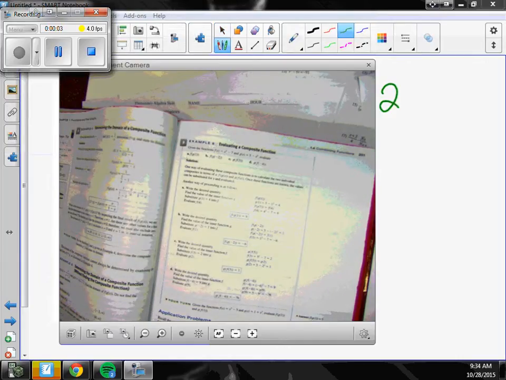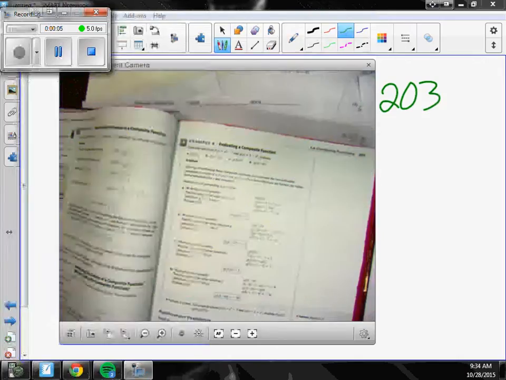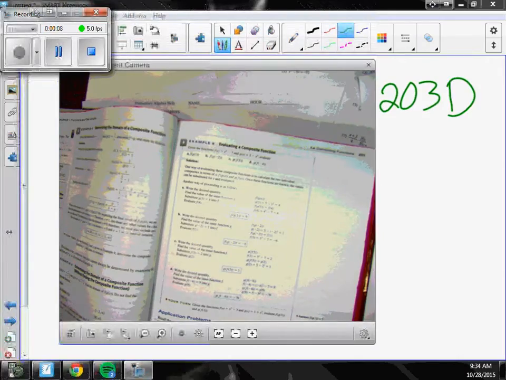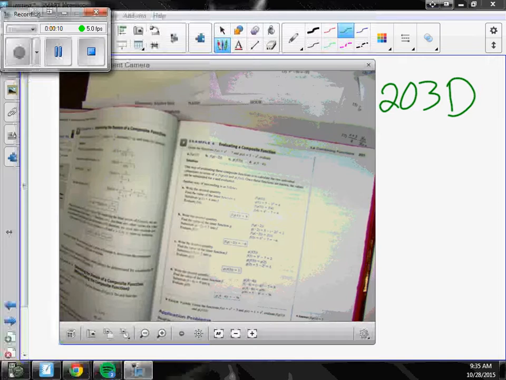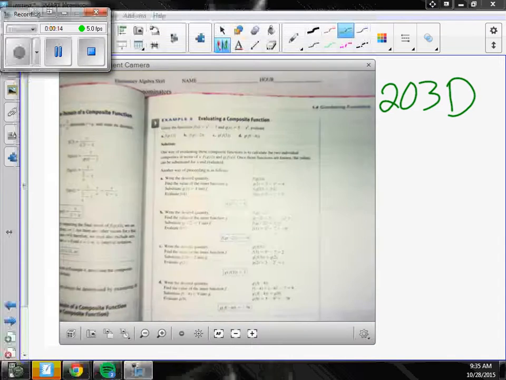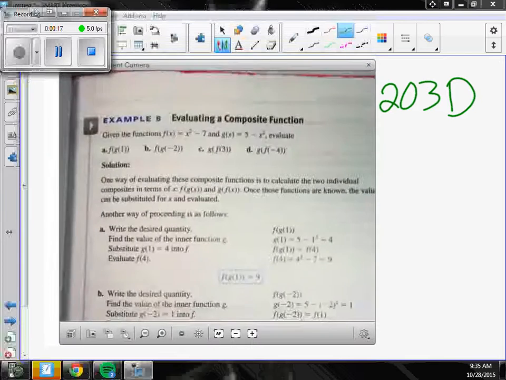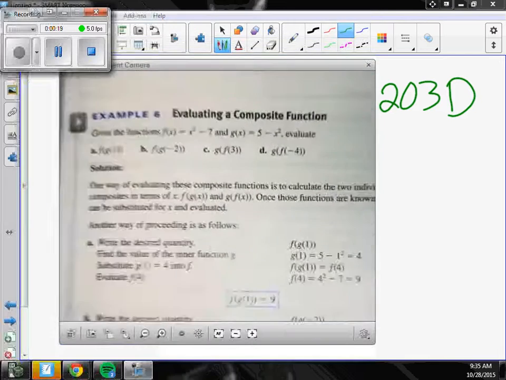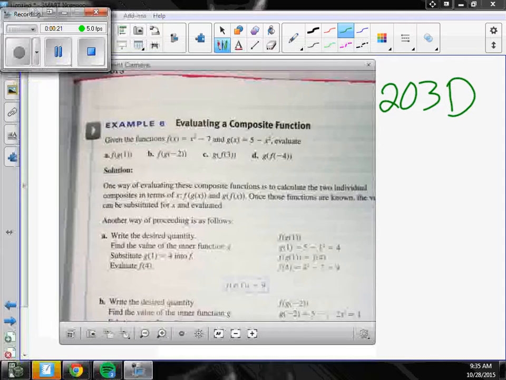Today we're working on 203D. And yesterday we ended up adding, subtracting, multiplying, dividing, and composing functions. And today we're going to focus just on composing functions. So if you turn to 201,